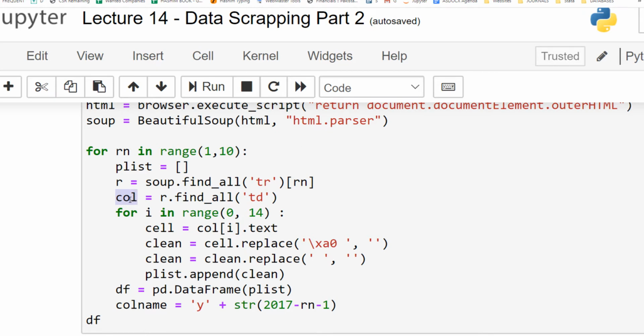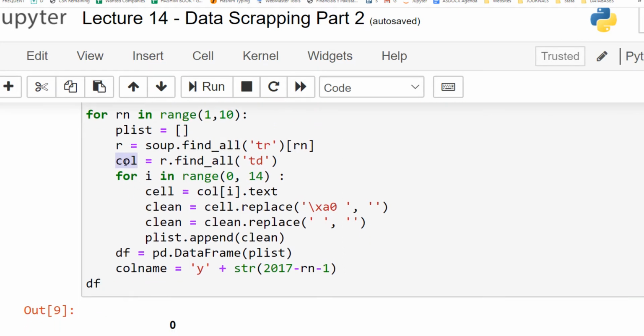Again, column is a Python list. So again, we can do slicing on column. So slicing first cell, slicing second cell. So last time we counted that there were 14 columns in our table. So from 0 up to 14, we loop through all the TDs in the column.